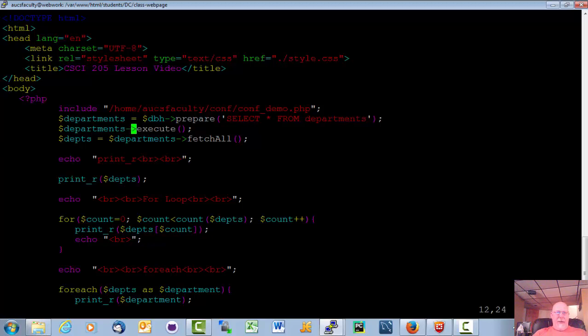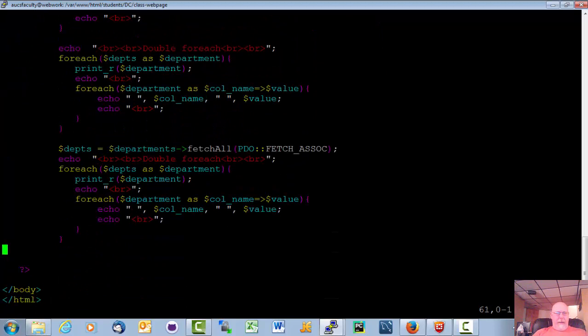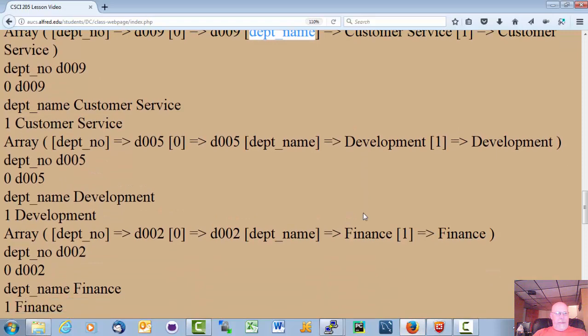So we had set up this select statement and we did a fetch. Well, it turns out this fetch method, you can put parameters in there. And this particular one, I'm going to have it fetch as an associative array. And then I'm going to do this very same for loop as I did up here with column names and values. And if I look at that,